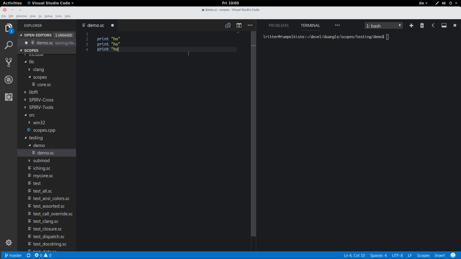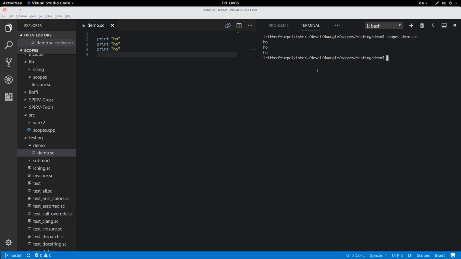I'm going to write 3 instructions that print a single laughter, and I'm going to execute them. Ho ho ho, and there it is. And now we want to save. Basically, we have